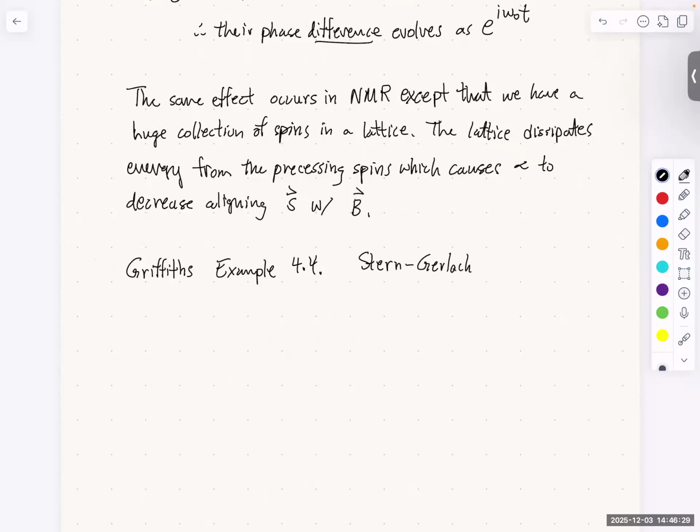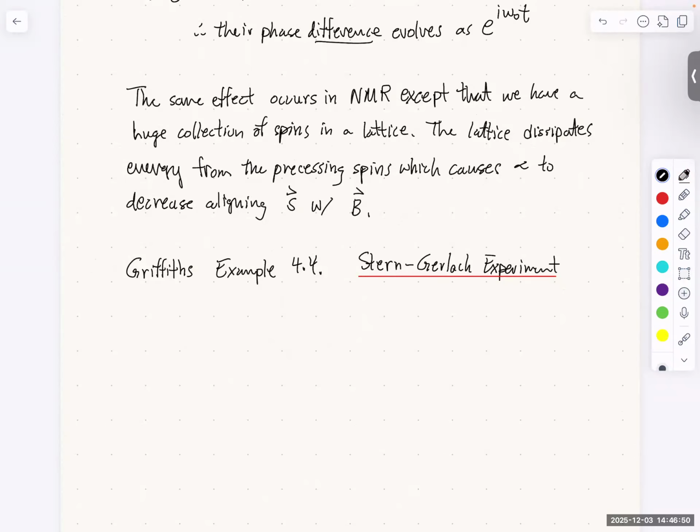The Stern-Gerlach experiment is the experiment which initially confirmed